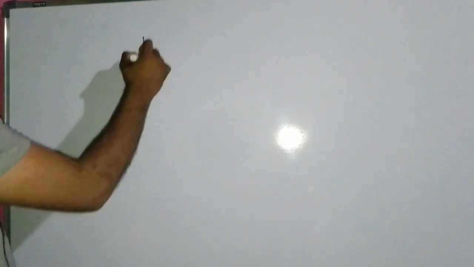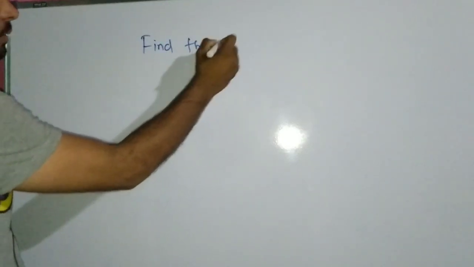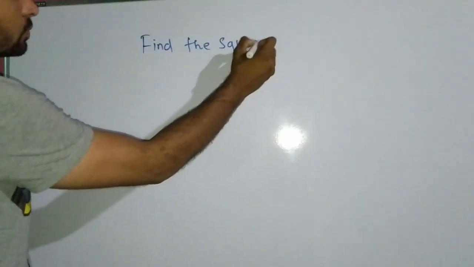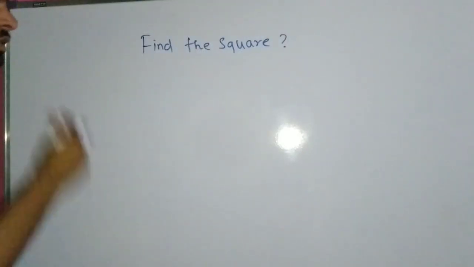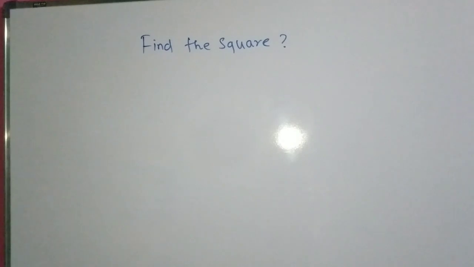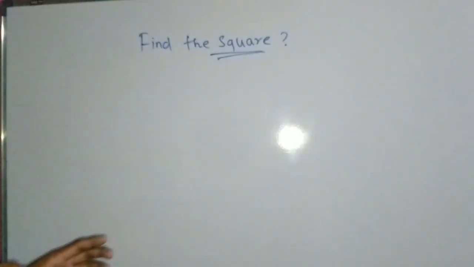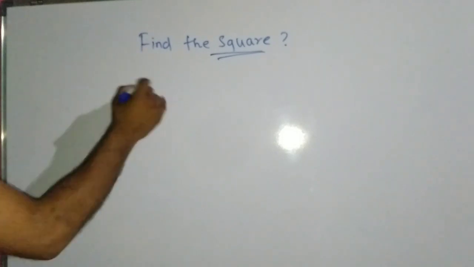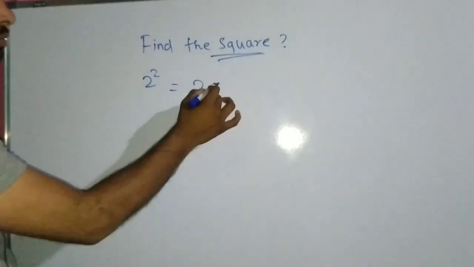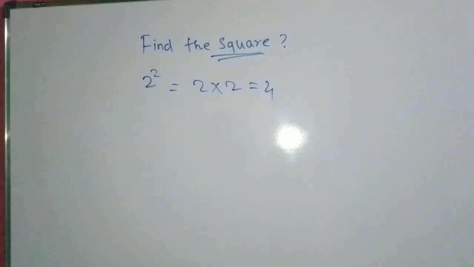चलिए आज का फर्स्ट क्वेश्चन हम सॉल्व करते हैं। फाइंड द स्क्वायर। आपको स्क्वायर निकालना है। जनरली हम स्क्वायर तो निकाल लेते हैं किसी भी नंबर का। स्क्वायर का मतलब होता है किसी भी नंबर को 2 टाइम्स उसी नंबर से या 1 टाइम्स उसी नंबर से मल्टीप्लाइड करना। जैसे कि स्क्वायर ऑफ 2, 2 मल्टीप्लाइड बाय 2 इज इक्वल टू 4। तो 2 का स्क्वायर हो गया हमारा 4।